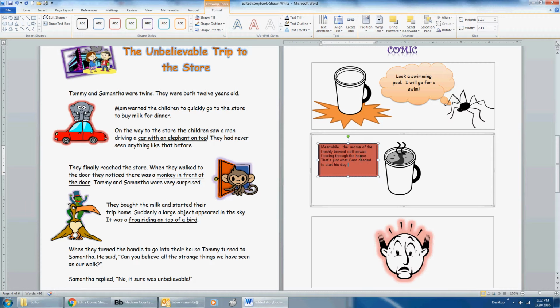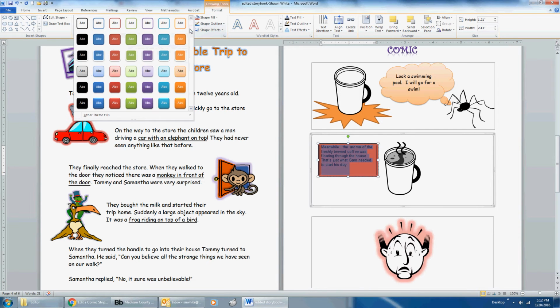Notice how a darker background needs a lighter text. So you may want to change your text,